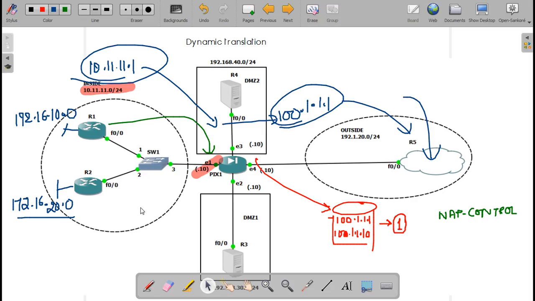The reason is from R1 you have a default gateway towards the firewall, but if you go and check the routing table of the firewall, it doesn't know anything about 172.16.10 or 16.20. We have a default route on R1 and R2, the default gateway is the firewall, but the firewall should know about these networks, right?